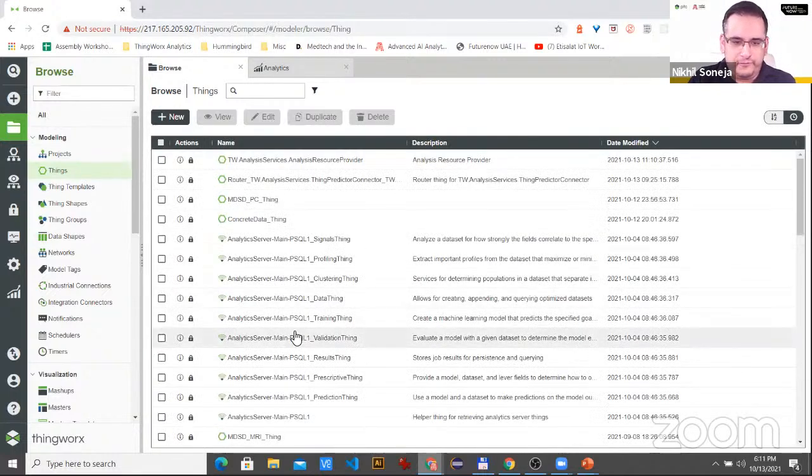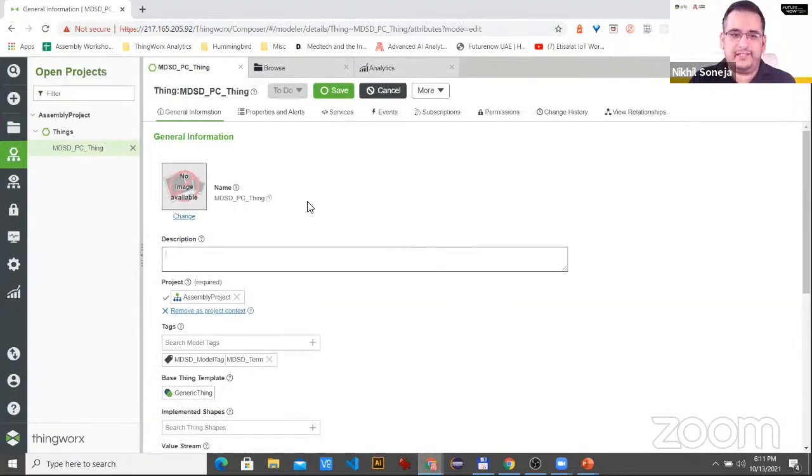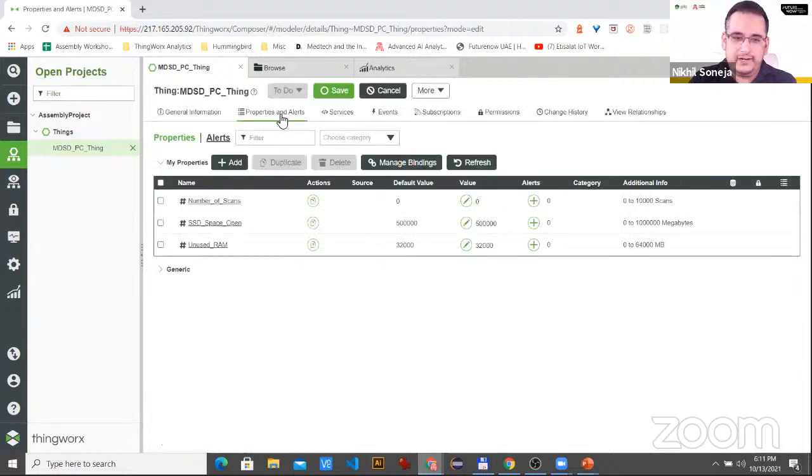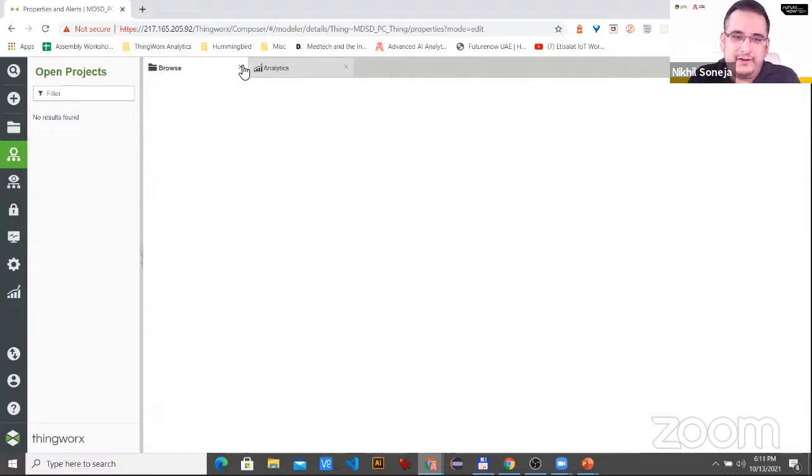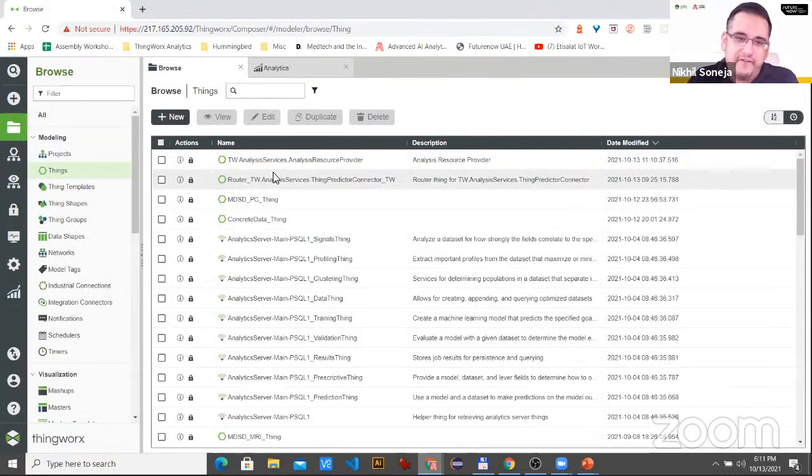We've seen things before. Last time, when we did the medical workshop, we created logical things, like MDSD was like a medical device. And we created data views which had properties taken from edge devices. Like an MRI machine has a number of scans property, unused RAM because it is still a computer. Things like that were all stored here. So our things have properties as well as services which help us in here. You can think of them as objects in programming, kind of data models that we use for that. But we will come back to that in a bit.